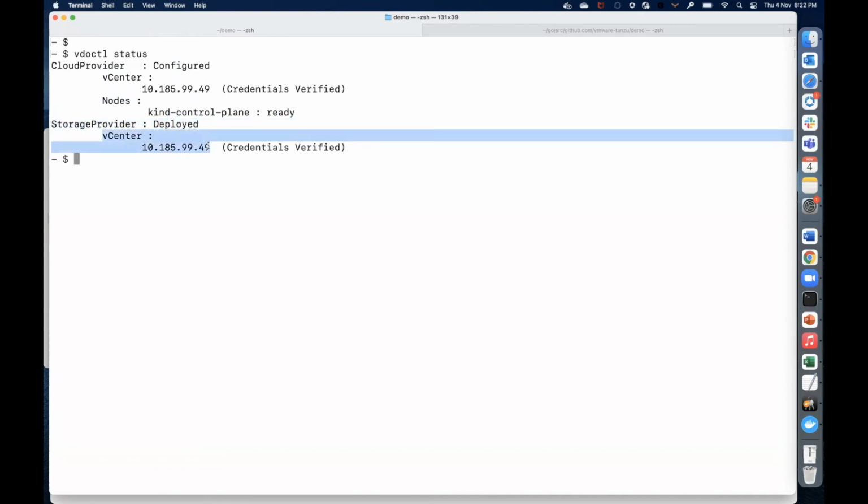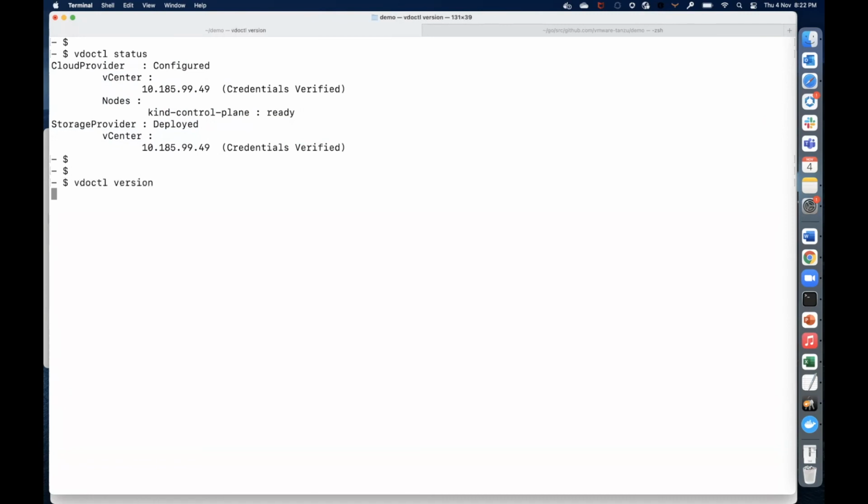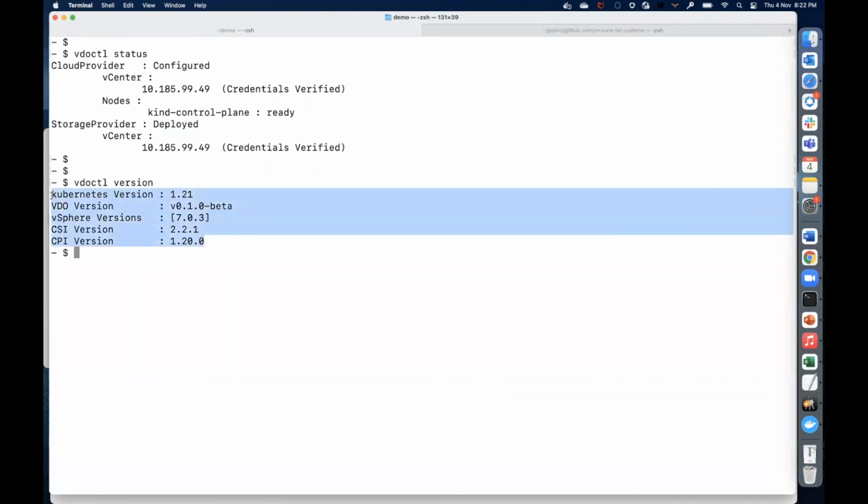We can also see that a storage provider has been deployed on the vCenter IP, and the credentials have been verified. We can also check the versions of each of these CSI and CPI drivers which have been deployed. This will give you an output of what Kubernetes version, what video version, vSphere version, CSI and CPI version, all the related versions can be seen over here. So with this step, we can assume that all our CSI and CPI have been deployed successfully and all things